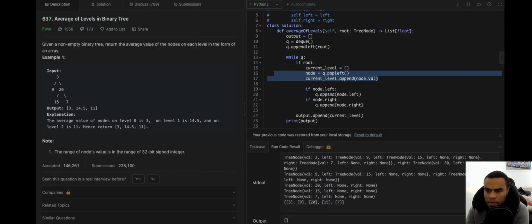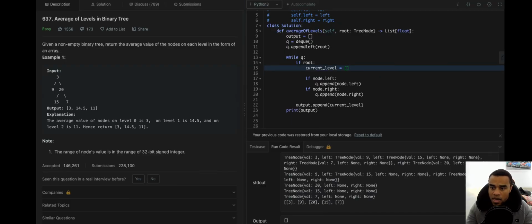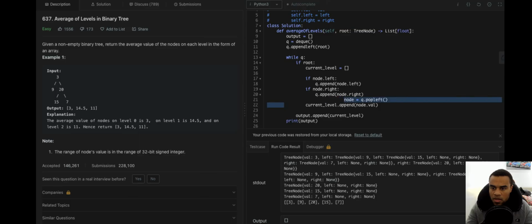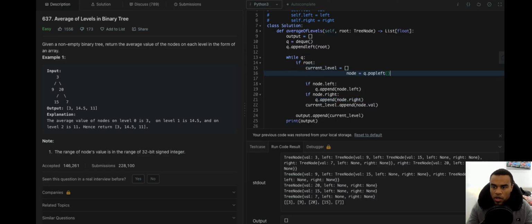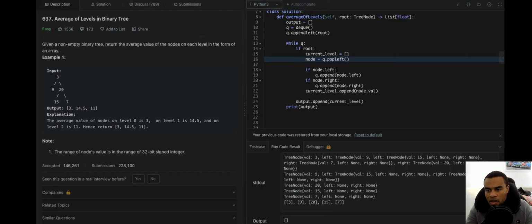So I think this needs to be something like this. Have node be what it should be. Node equals q.popleft. Then append, then do this stuff, right?